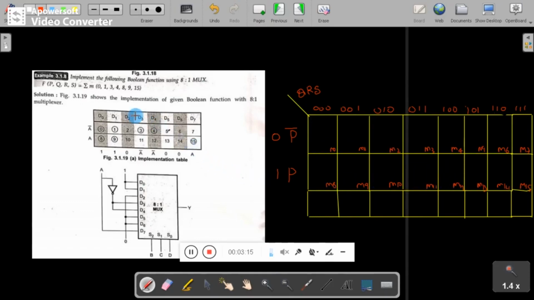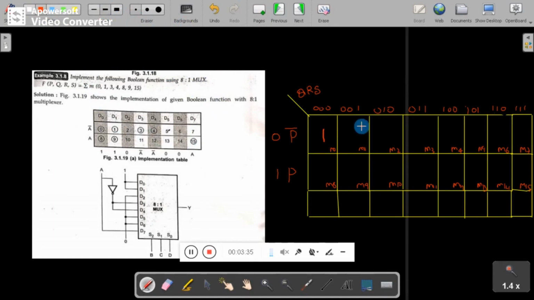Now look at the function. It is mentioned that min term 0 is there, so you mark it as a 1.